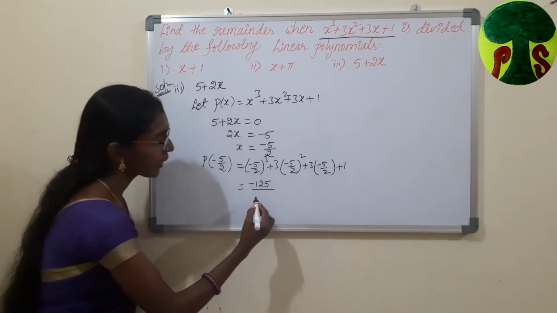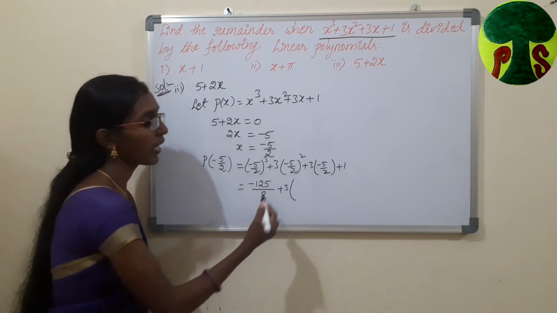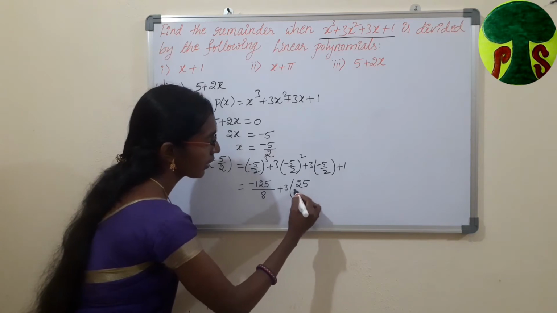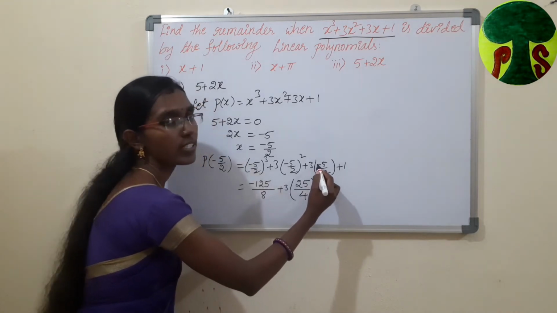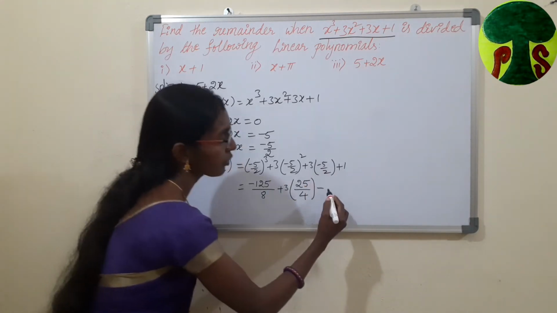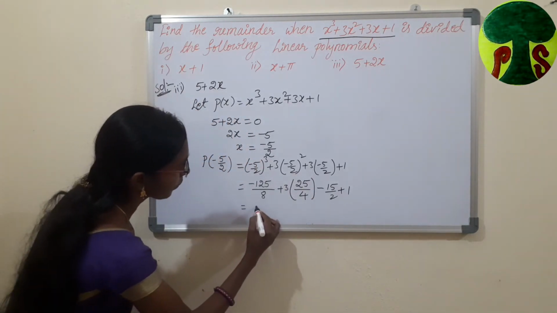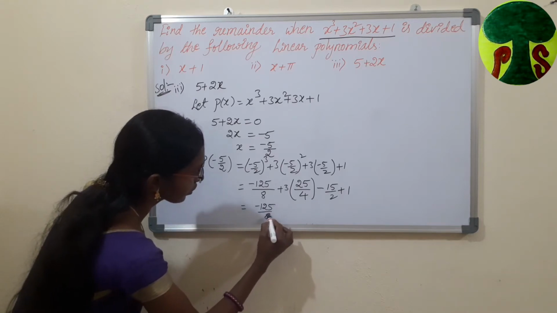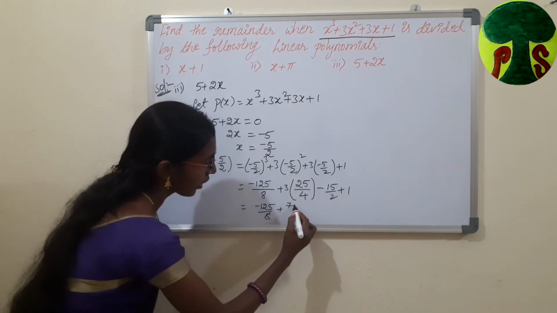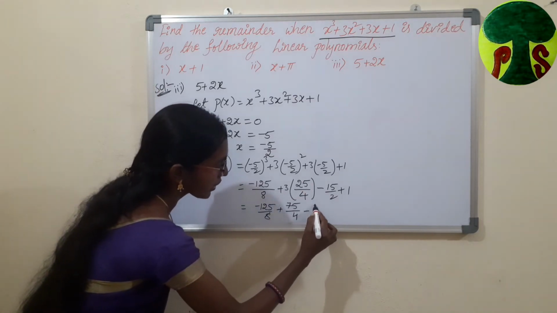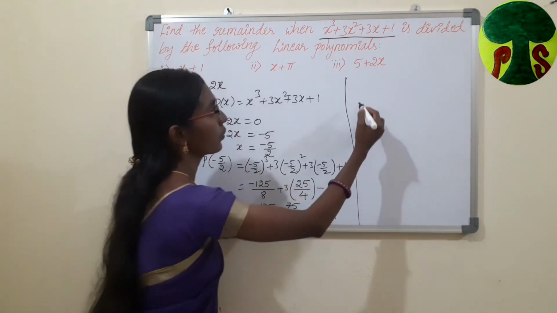2 cube. 2 cube is 8, plus 3 into minus 5 whole square is plus 25 divided by 2 square, which is nothing but 4. 25 by 4, plus 3 into minus 5 is minus 15. Minus 15 by 2 plus 1, which is equal to minus 125 by 8 plus, now we have to multiply 3 and 25. 3 into 25 is 75 by 4 minus 15 by 2 plus 1, that is equal to, here